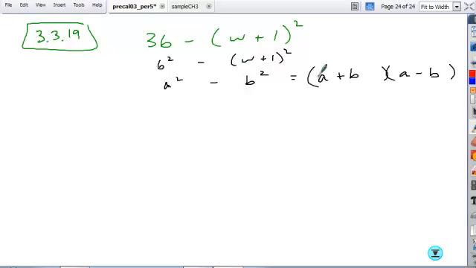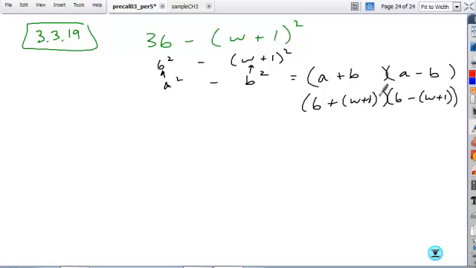do is just think about the generic form of this, the sum and difference of terms, and just substitute what you have. Well, our a value is 6, so everywhere there's an a, we can just replace that with a 6. And our b value is this binomial w plus 1. So if we just substitute a w plus 1 in for each of these b's, what you can now do